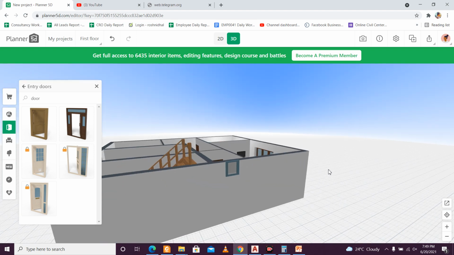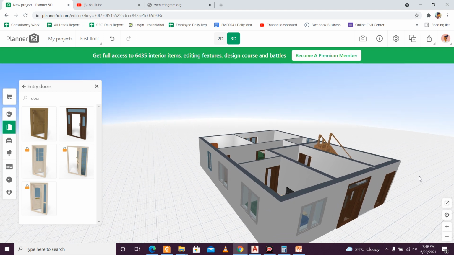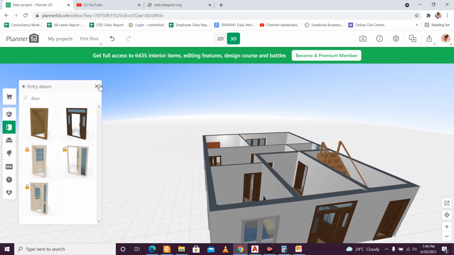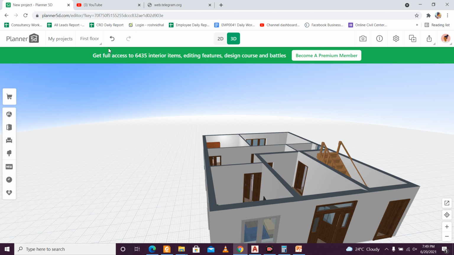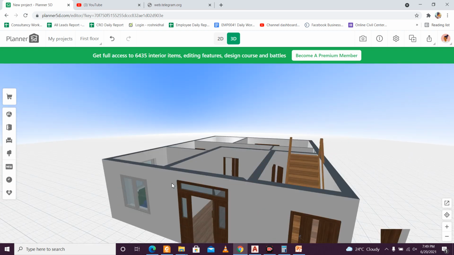And as you saw, that is how we did the 3D floor plan which we created in the particular planner. Since in the US the ground floor is called the first floor and the next floor is called the second floor, you can add the next floor and create it as well. So there are many other features.